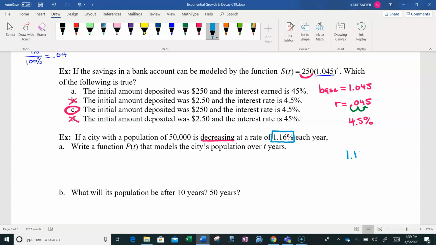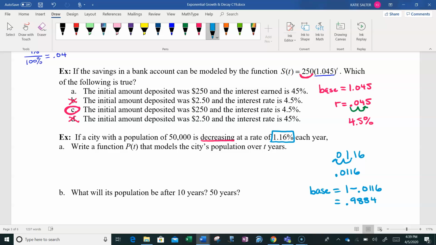So we have that 1.16, and we're going to move that over 2 places to the left to get 0.0116. Then to get that base, because this one is depreciating, instead of saying 1 plus the rate, we're going to say 1 minus the rate. So we're going to say 1 minus 0.0116. And if you pop that in your calculator, that will give you